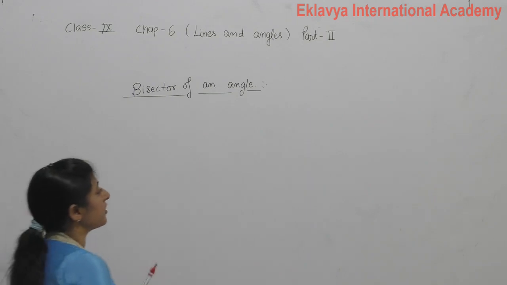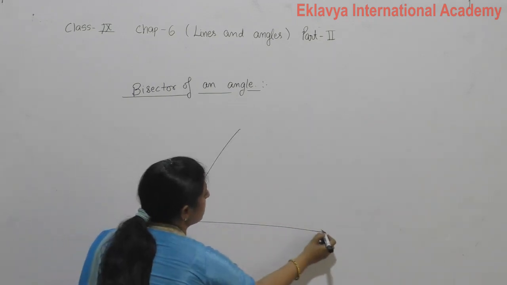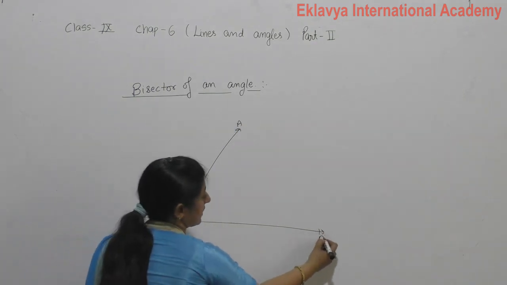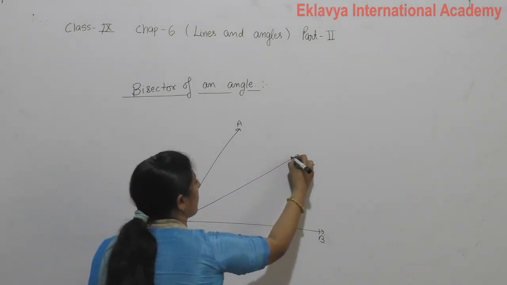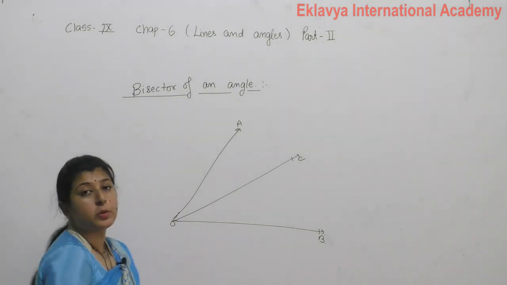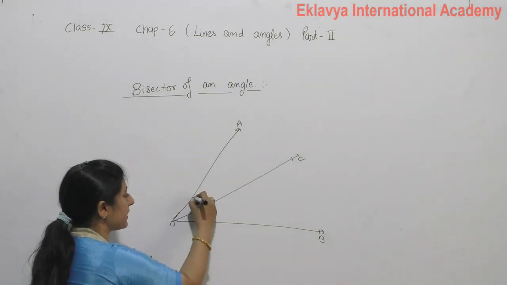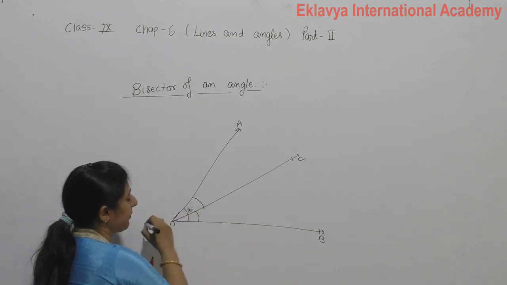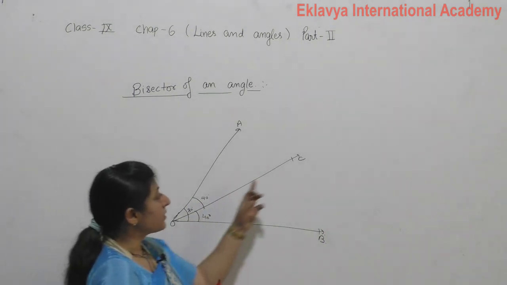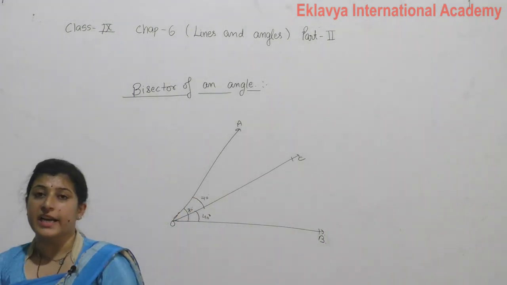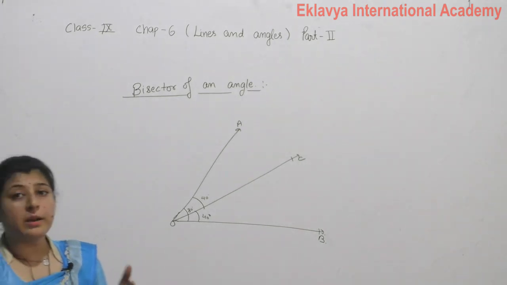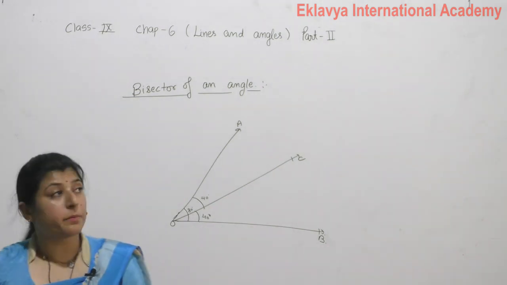Bisector of an angle is what? Whenever any angle AOB is given to you, one ray OC which divides angle AOB into two equal measures. Suppose this complete angle is 80 degrees, this is 40, this one is 40. Then this ray OC is called the bisector of an angle, means it divides the given angle into two equal parts. Next topic,